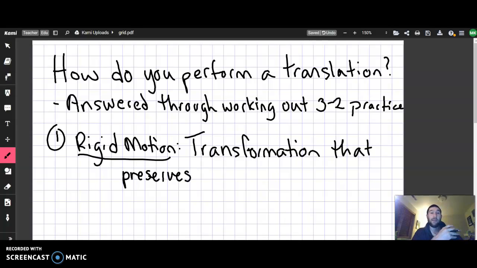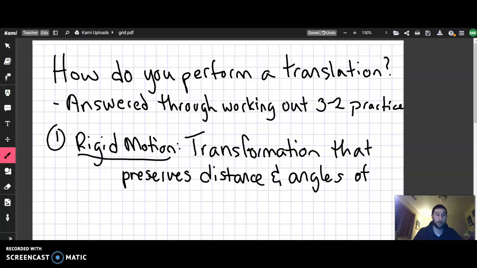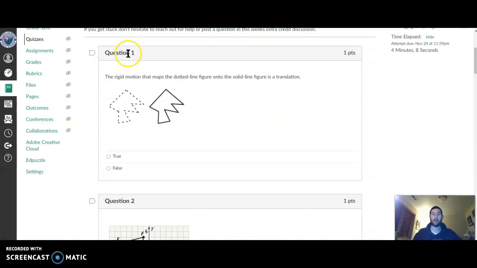and if it's going to maintain or preserve the size and the shape, then what we're really saying is the distance and angles of the pre-image. Because remember, the pre-image is the before, the original, and the image is the after transformation. Next,